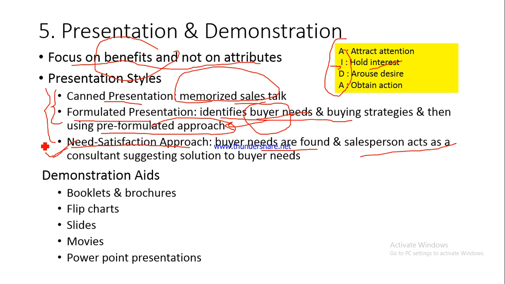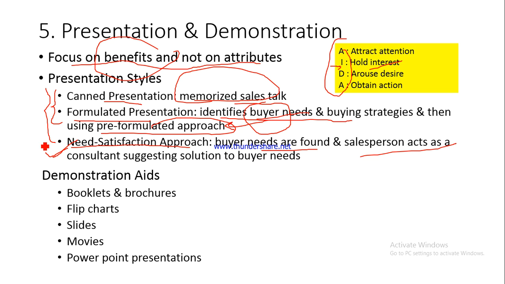Again, while you are making your presentation, to make it more effective, you can come up with demonstration aids, right? What do we mean by demonstration aids? Those props which help you in demonstrating the working of the product. So you may go with a working model of the product. You may carry one product with you. For example, if you are selling, let's say, a mixie, you can go along with your mixie to the buyer and show him actually how the mixie functions. So this could be one way, but then it may not always be possible.